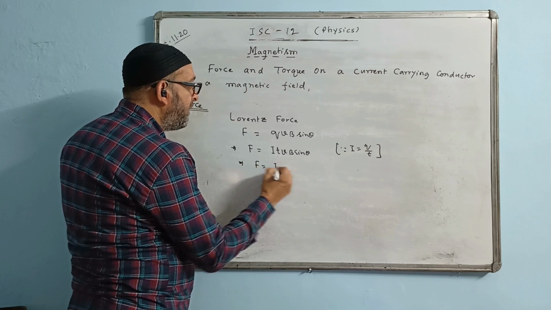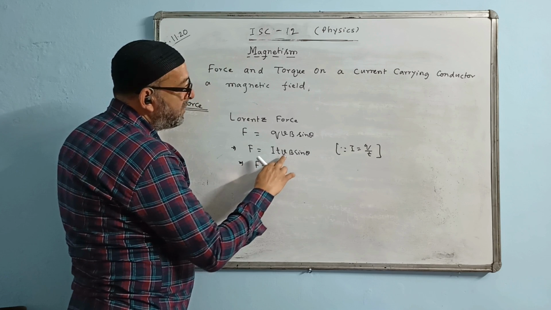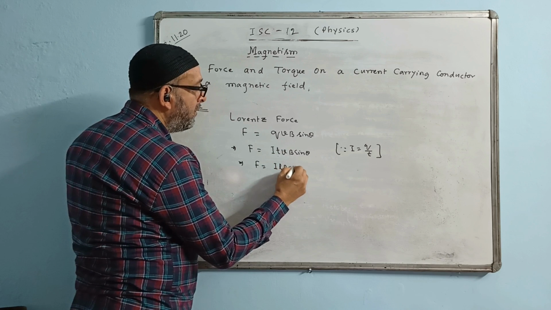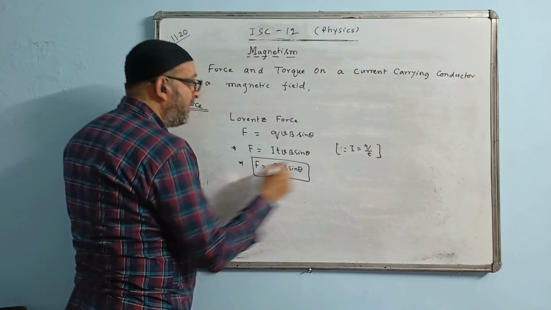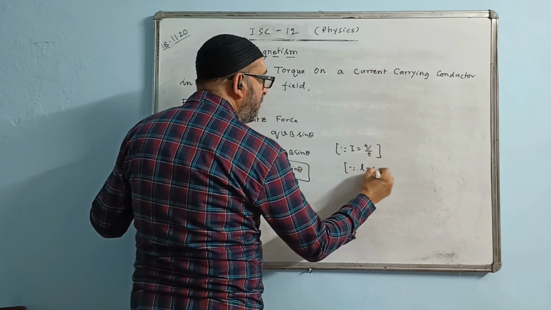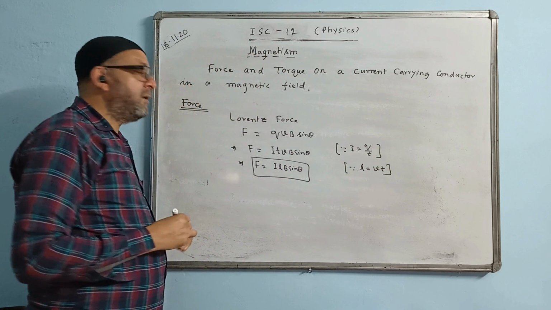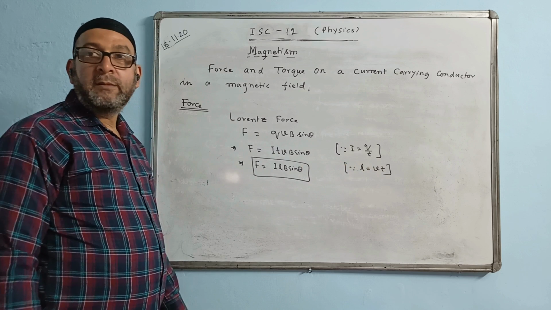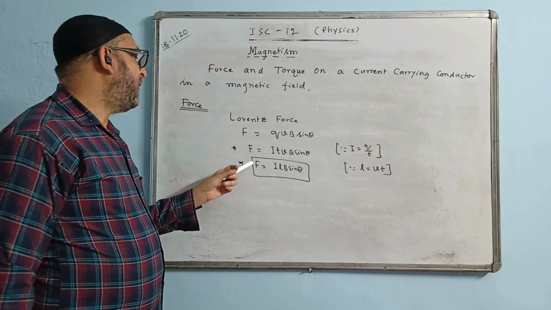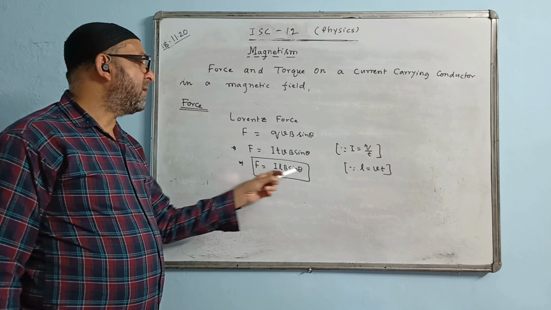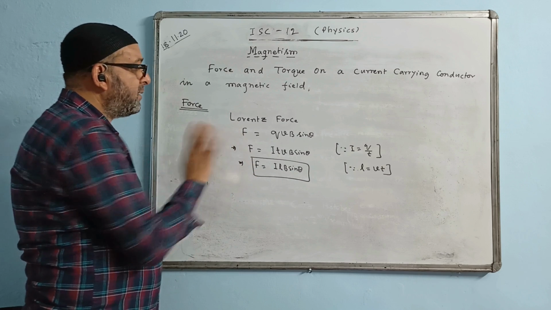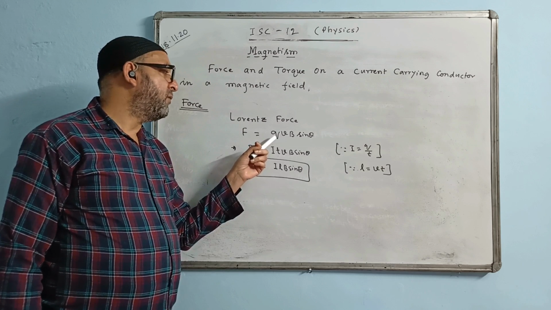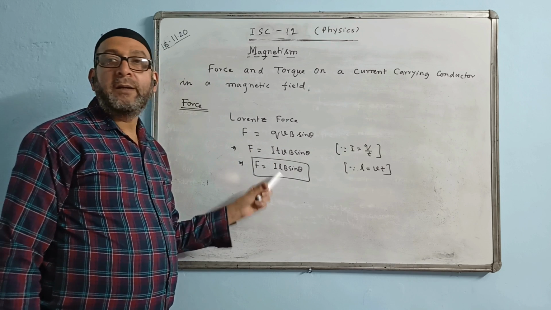Keep I as it is. Velocity into time, that is speed into time, will make distance. That distance will be L, the length of the conductor. Since L is equal to vt, distance is equal to speed into time. So finally we have the formula: force is equal to I L B sin theta. Actually, these two formulas are same. Both of them are called Lorentz force. This is the Lorentz force in terms of charge and velocity. This is the Lorentz force in terms of current.